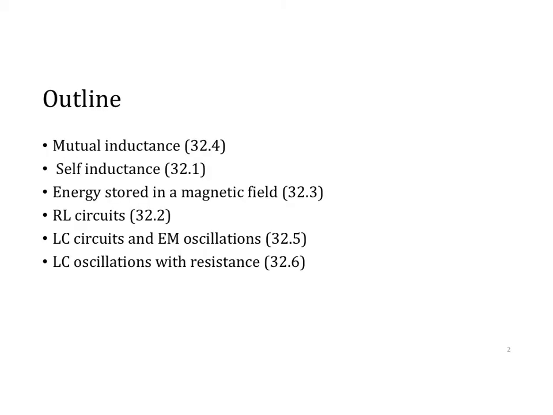So my outline for my notes, we're going to first talk about mutual inductance, which is actually section 4 of your chapter in your textbook, then get into self-inductance, the energy stored in a magnetic field, circuits that involve both a resistor and what's called an inductor, that we're going to use the letter L for, circuits that involve our inductor and a capacitor, and circuits that involve an inductor, a capacitor, and also a resistor. So we'll talk about these three types of circuits, but first we need to talk about